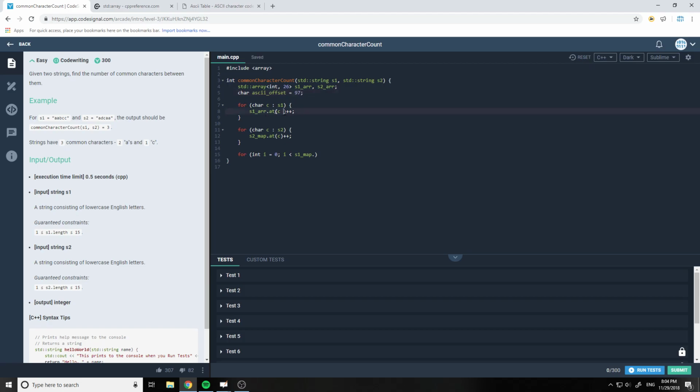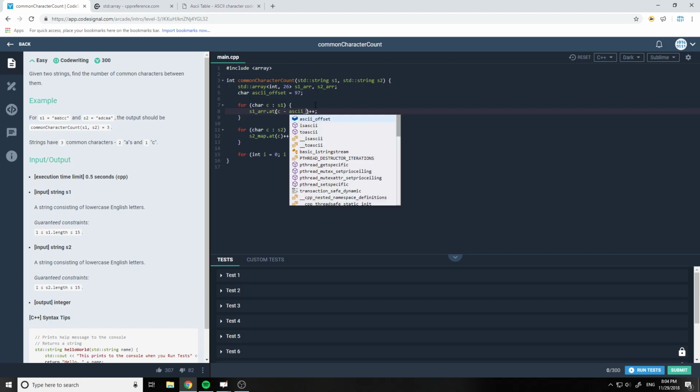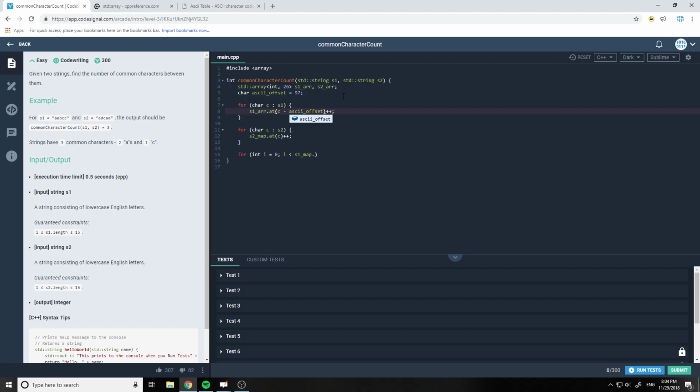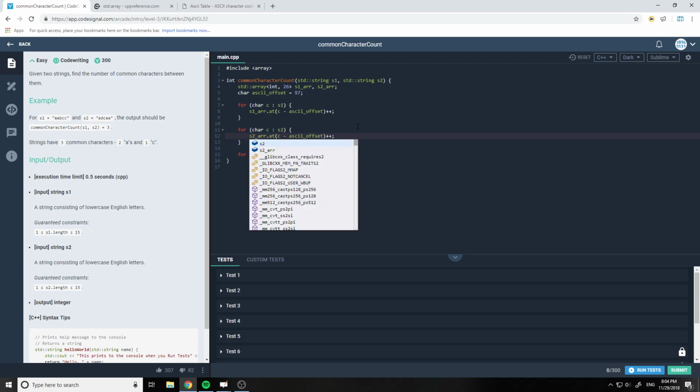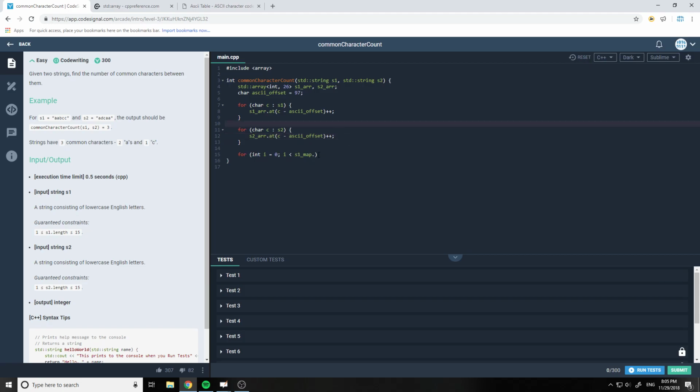So now I can go C minus ASCII offset, plus plus. And I can do the same thing down here, too. ASCII. Okay, so now I say, okay,